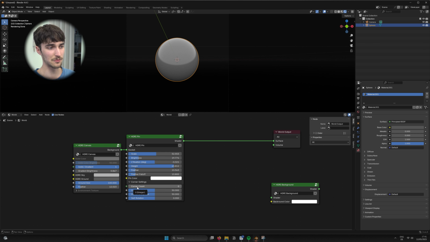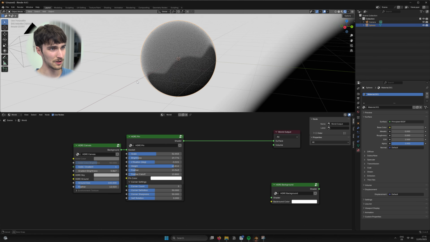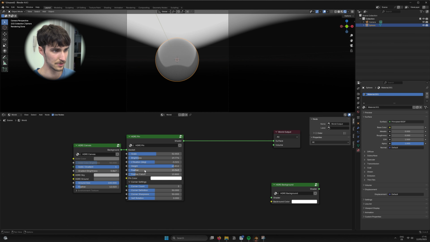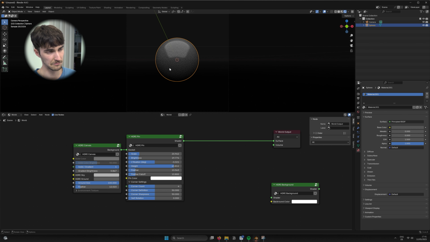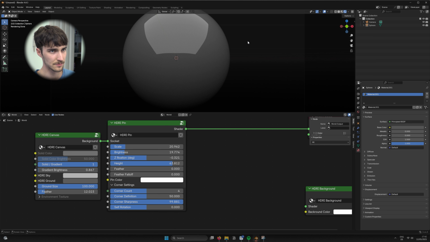The point that took the most time was to create this corner count. Basically, we are not only able to produce circular pins, like lighting pins, but we are able to produce polygons basically to light your scene. And not only that, we can also define how pointy or not pointy the corners should be, and also how sharp they should be. So if we turn on the feathering 100% and scroll in a little bit,